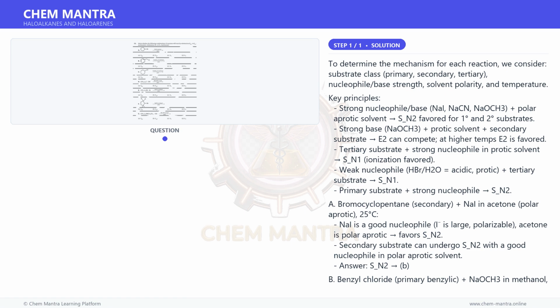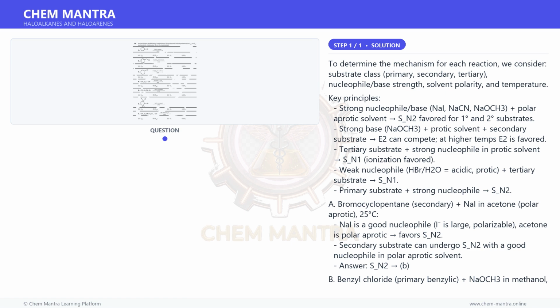SN2. B. Benzyl chloride, primary benzylic, plus NaOCH3 in methanol, 50 degrees Celsius. Benzyl chloride is a primary substrate, benzylic, very reactive toward SN2. NaOCH3 is a good nucleophile. Primary substrate strongly favors SN2. Although methanol is protic and NaOCH3 can act as a base, primary substrates are poor E2 candidates, since the alkene is less stable. Answer: